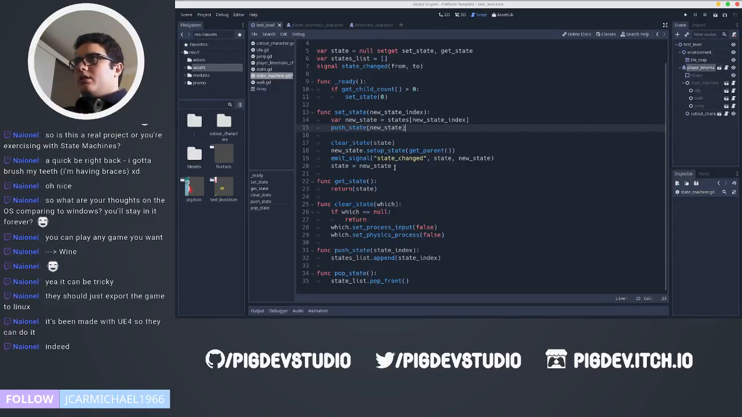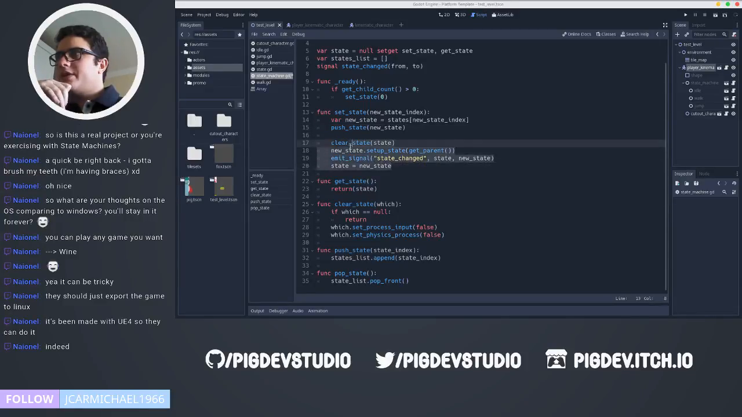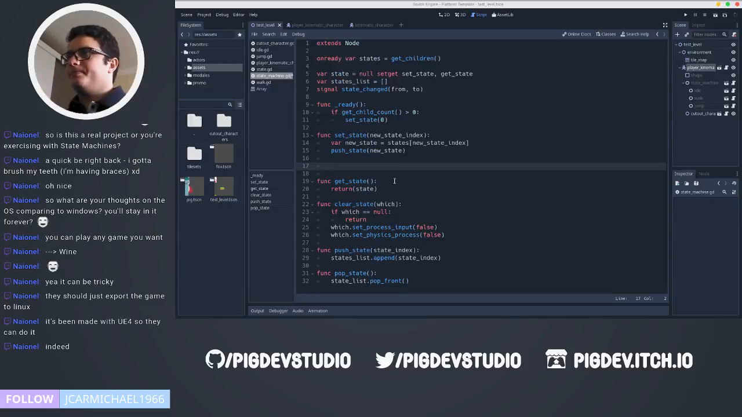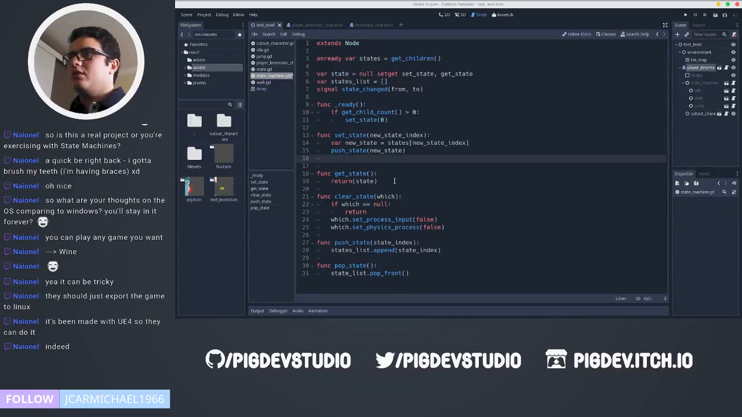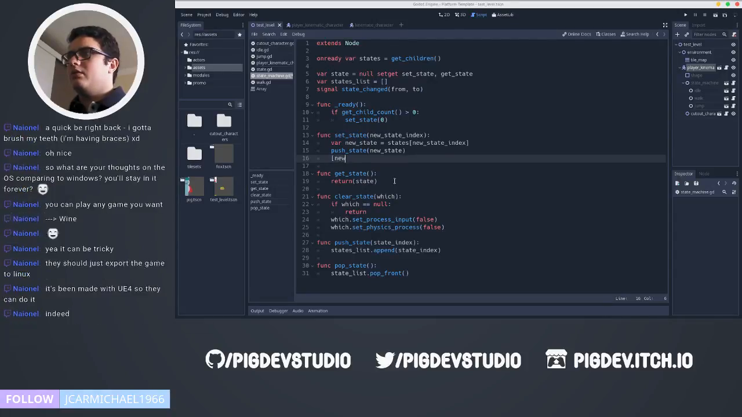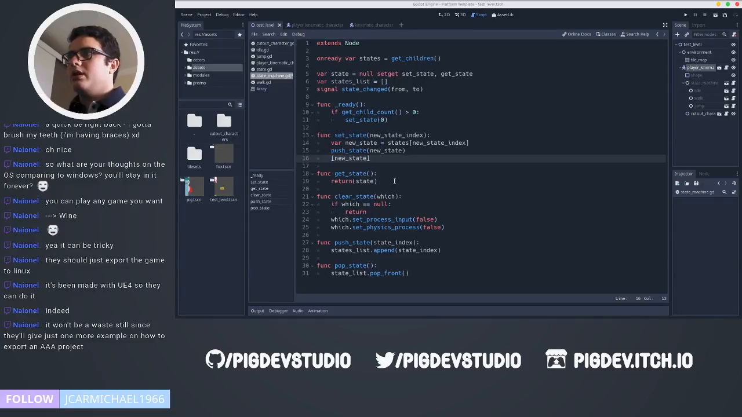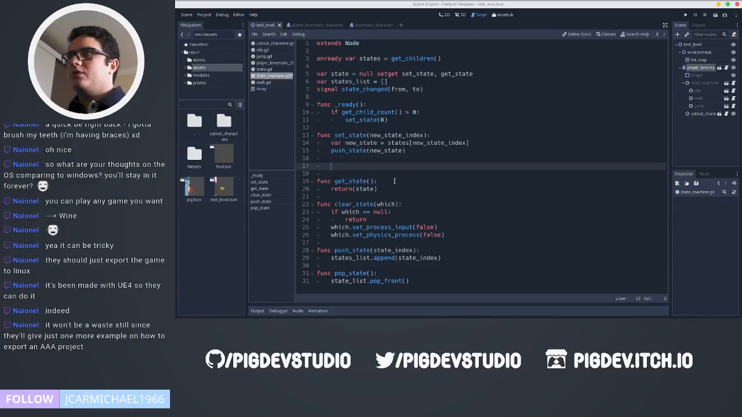Clear state. So I don't know how I will implement this pushdown, because the idea is that, okay, I will try to make this something like we are pushing the new state, so the array will be something like new state now, and we should make it